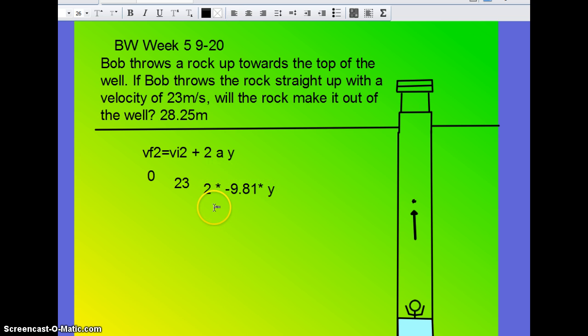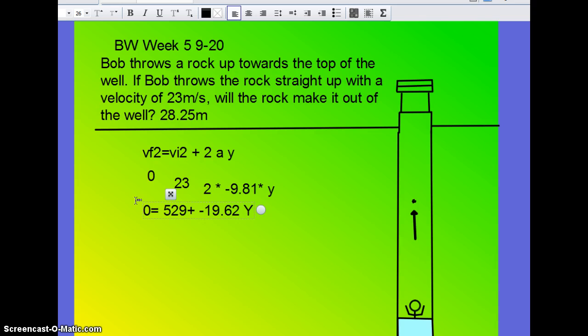Alright, so now we're able to begin the solving process. So I'm going to take 2 times 9.81, and that comes out to 19.62. 19.62 there, and then 23 squared. Let's do that real fast. 23 squared, 529. Let's type in a couple numbers here. So I still have 0 equals 529. Now that's squared meters and squared seconds. Plus negative